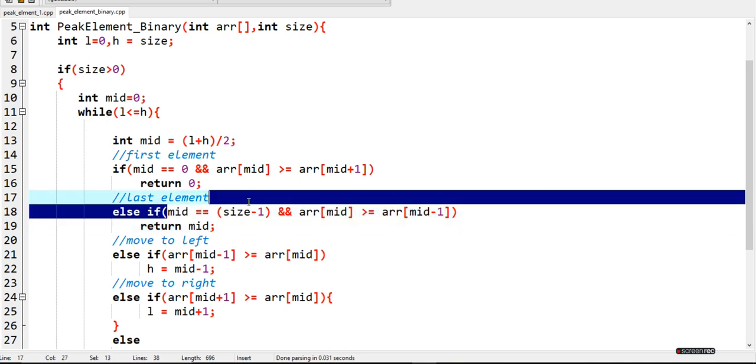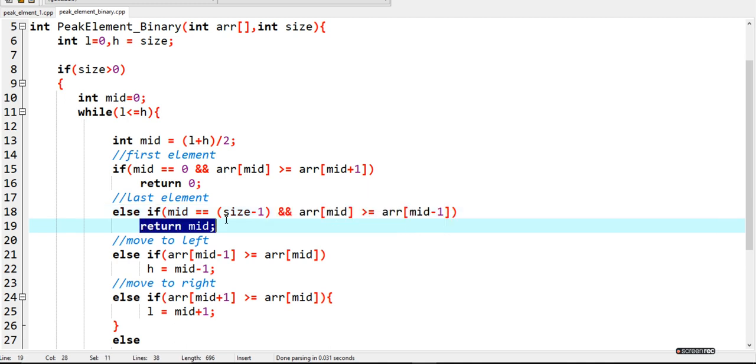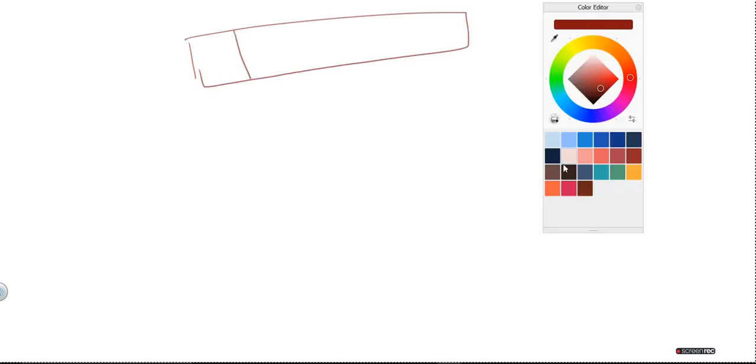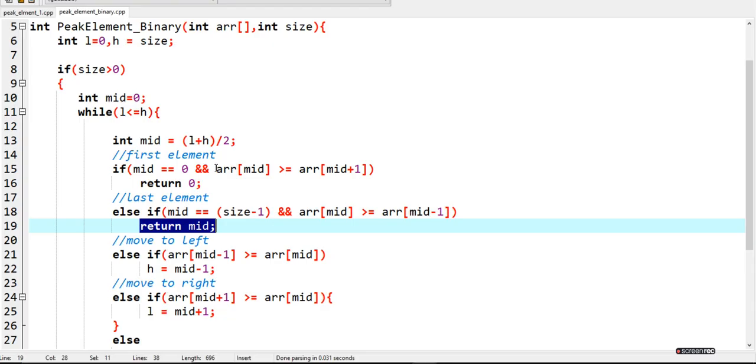If the last element is a peak element, then we will return the mid value. Which basically means we have taken an array and we are first testing the first element as a peak element. If I find that this element is a peak element, then why would I consider all the other elements? So I have written this index value.